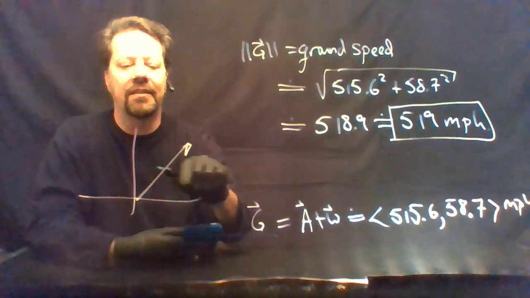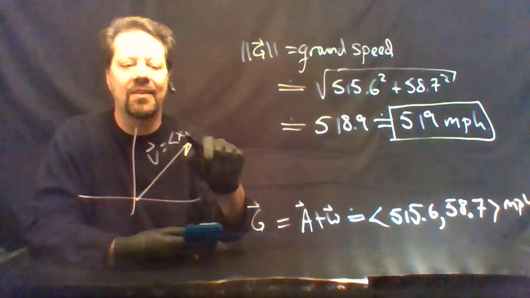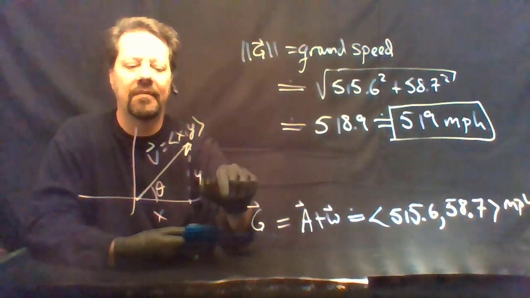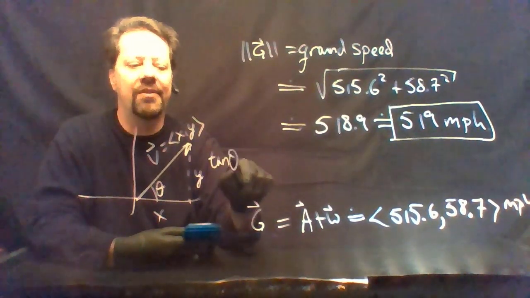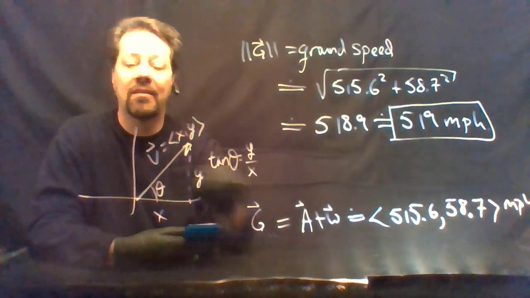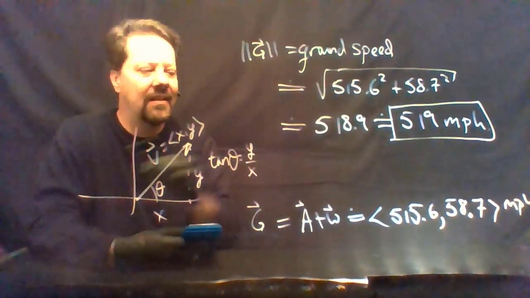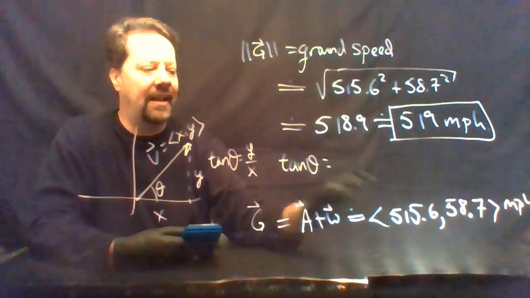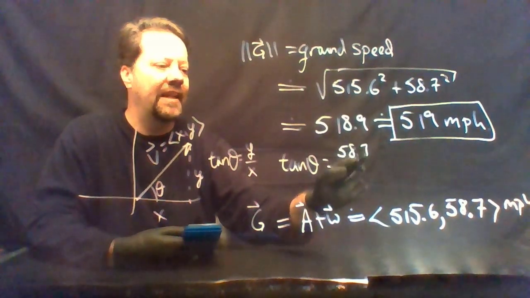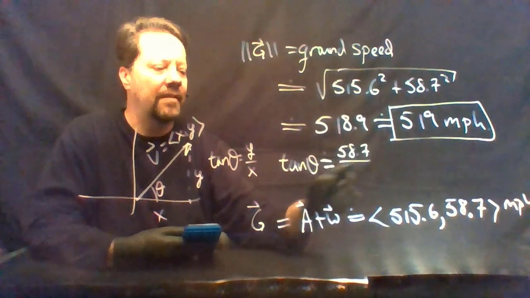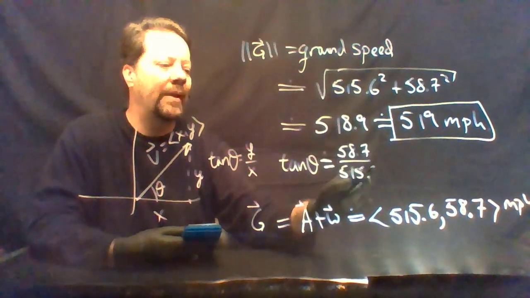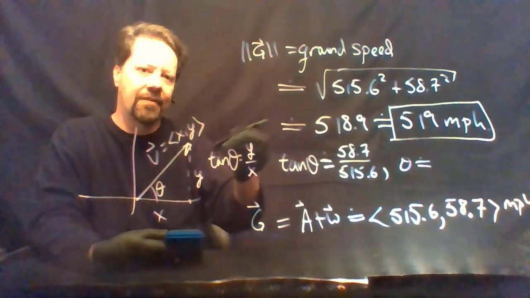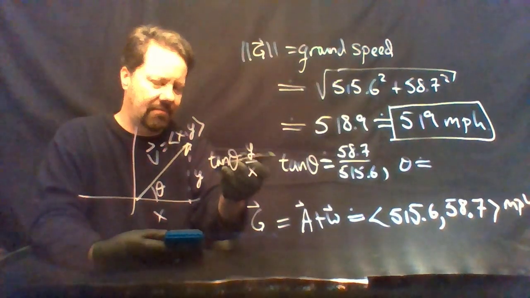Note that if I have some vector with coordinates x and y, with the direction angle theta, then the tangent of the direction angle will be y divided by x. In this case, we get the tangent of the direction angle is 58.7 divided by 515.6. Since the direction angle is going to be in the first or fourth quadrants this time, we can use